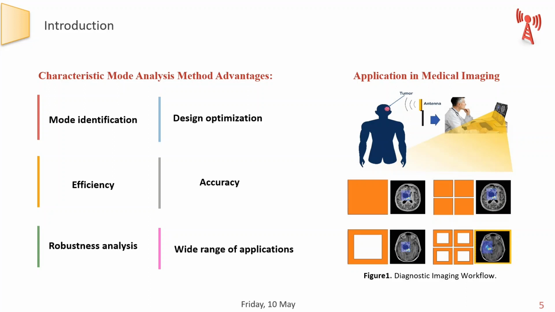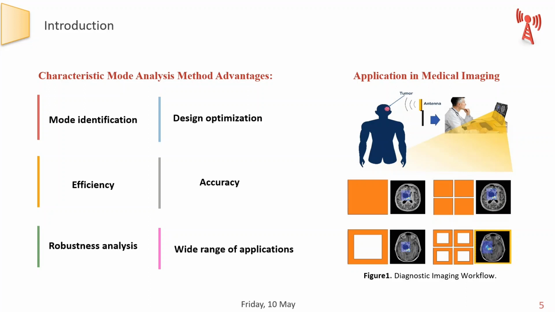In our study, we employed the characteristic mode analysis method that is based on the principle that any arbitrary antenna structure can be expressed as a linear combination of its characteristic modes. These modes are those that predominantly influence the behavior of the antenna, such as its radiation pattern or impedance. By analyzing these characteristic modes, we can gain insights into the fundamental behavior of the antenna and identify design principles